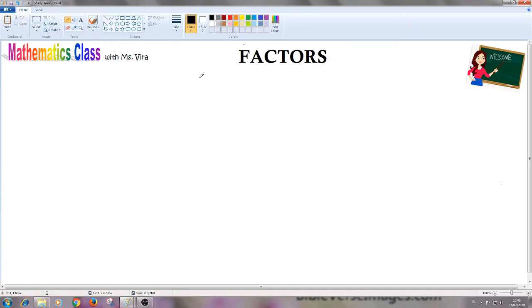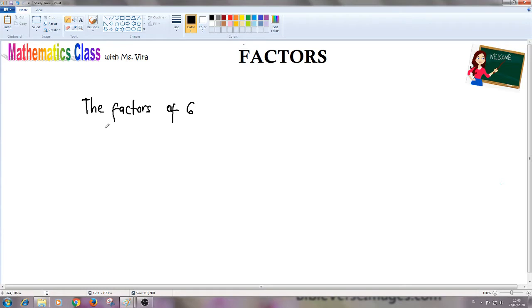Right now, we are going to learn about factors. To begin with, let's find the factors of 6. The factors of number 6. To find the factors of number 6, we need to find out the pairs of numbers that give 6 as